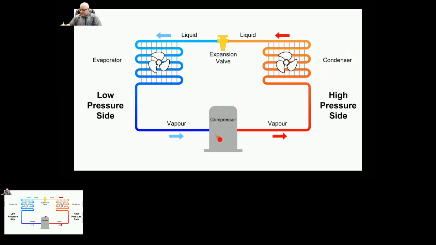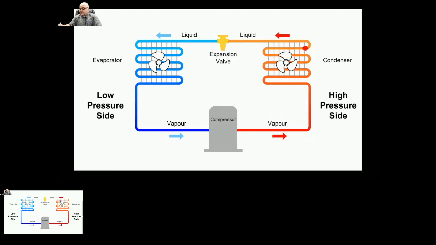And then you have a compressor, and the job of the compressor is to take a low pressure, low temperature vapor refrigerant, that is, to an output as a high pressure, high temperature vapor. And the reason we do that is because once you have it at a much higher temperature, sometimes 30 degrees Fahrenheit, sometimes up to 60 degrees Fahrenheit, compared to the outdoor temperature, this high pressure, high temperature